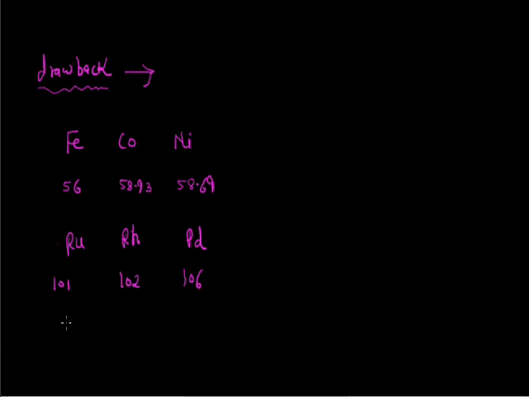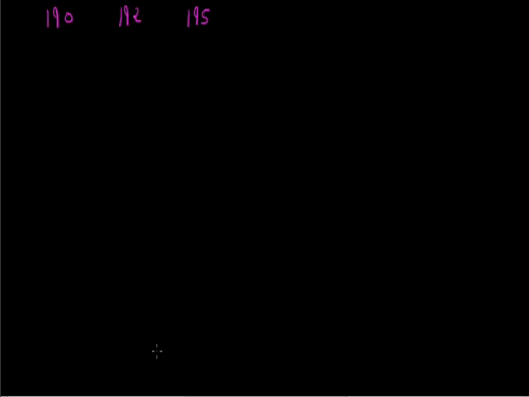Next triad, that is osmium, iridium and platinum. The mass of osmium is 190, iridium is 192 and platinum is 195. So we can say that Dobereiner's triads are not applicable for all the elements, but the merit of this triad is